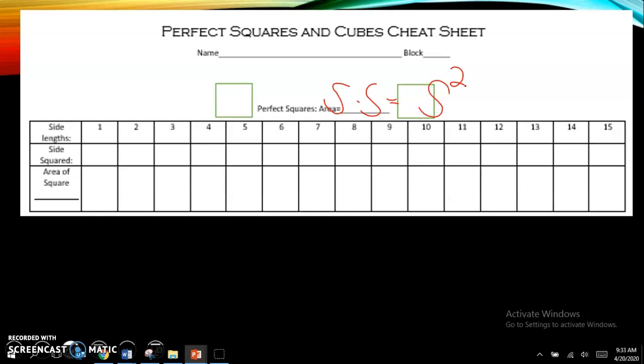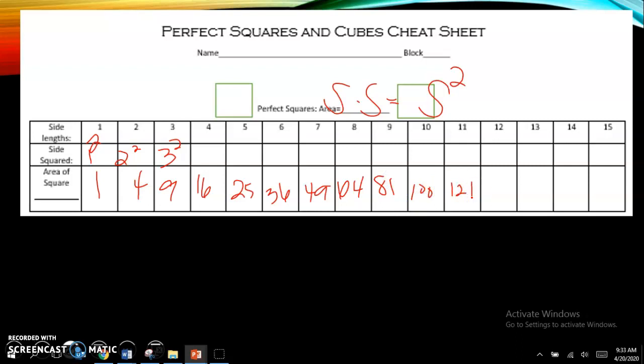twice. So if we jump down here to where it says 1, it says that the side length of the square is 1. So what is side squared? Well, that's going to be 1 squared. And then the area would be 1 times 1, so it's 1. 2 squared would be 2 times 2, and that's 4. 3 squared, so on and so forth. We got 9, 16, 25, 36, 49, 64, 81, 100,